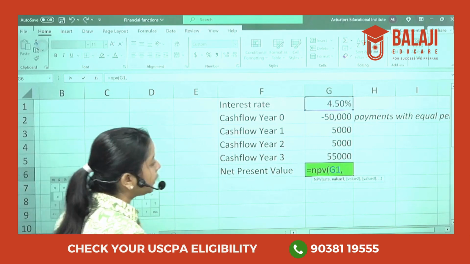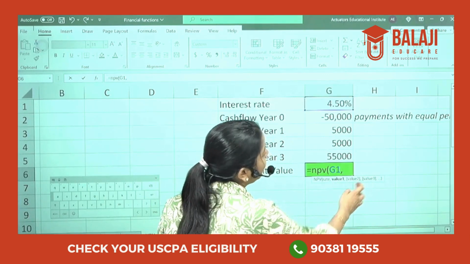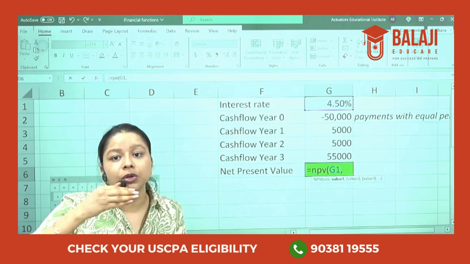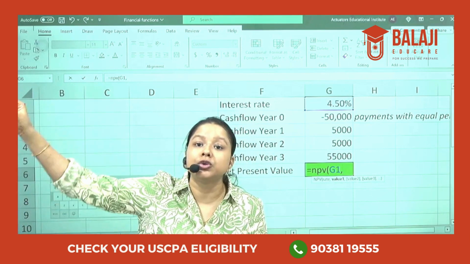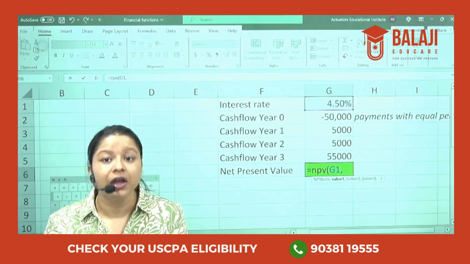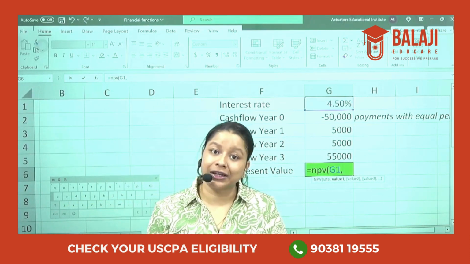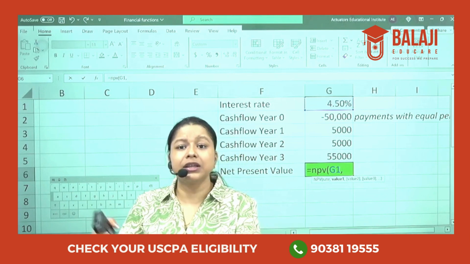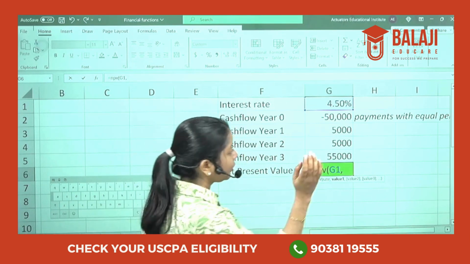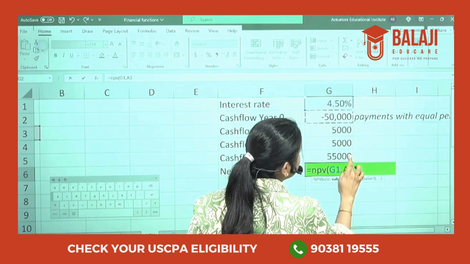Now the next ones are value 1, value 2, value 3. These go up till value 255, so you can have 255 cash flows in this particular function. These values are the cash flows, negative or positive, spread in equal intervals at the end of the interval. So I'll just select,